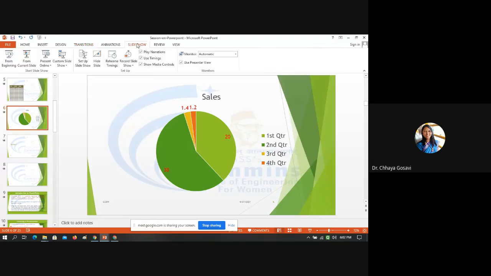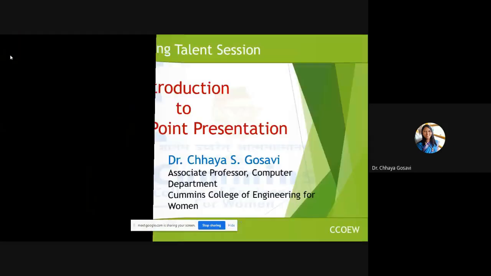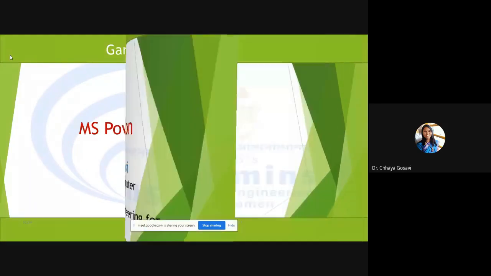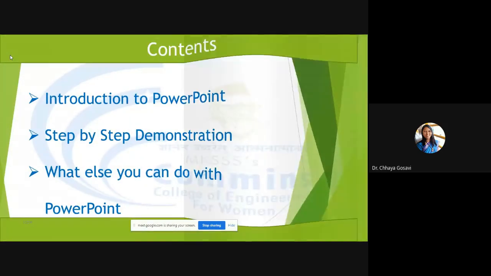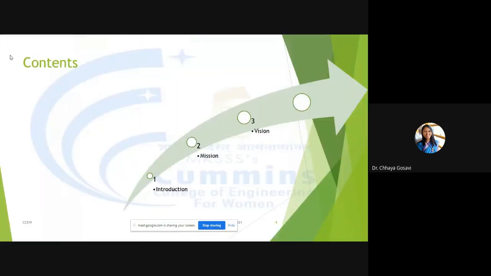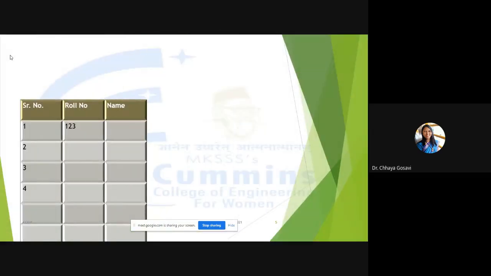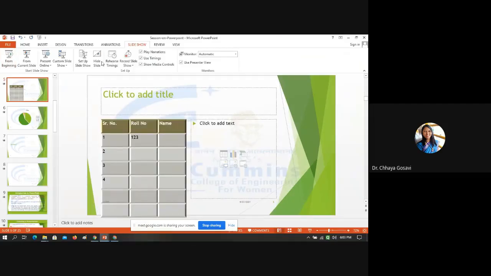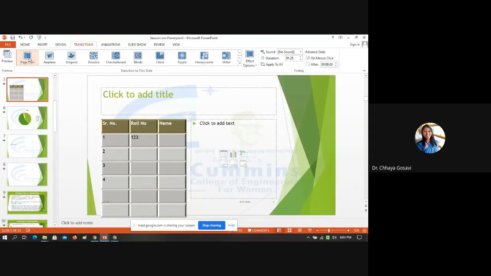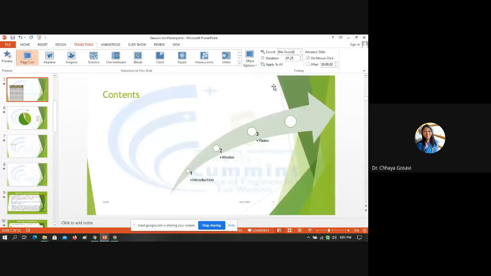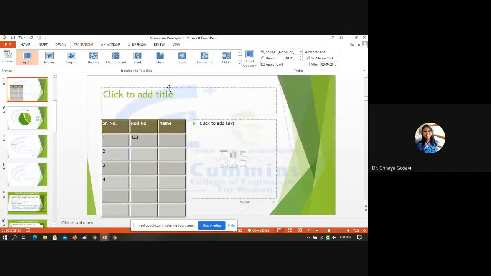Again, I'll do slideshow from beginning. It is like we are opening one page at a time. So I want to change the direction. What I'll do is go to transition. Here it is the page curve effect. Currently it is from left, we want from right. So like this. Or you can choose different styles for different slides also. So this is about transition.